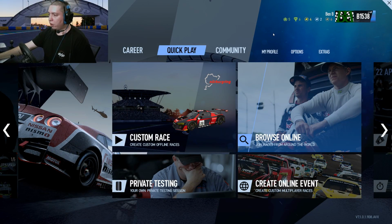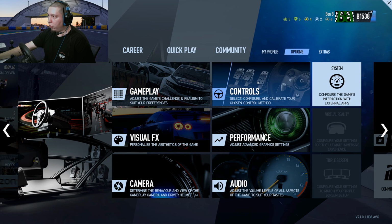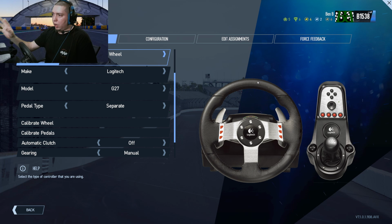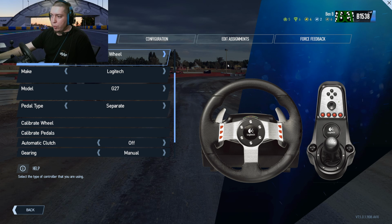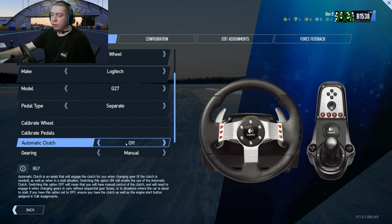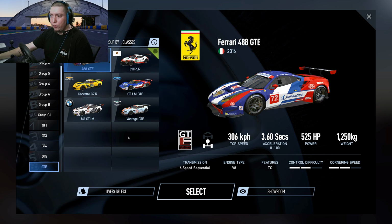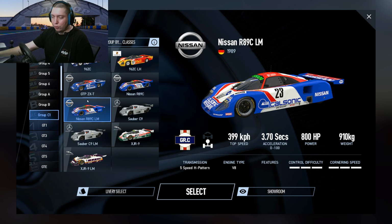Alright, so when we're in Project Cars 2 here, we come up to our options and we have our controls here. So I use the Logitech G27. As I said, I have the H pattern shifter and 3 pedals. So if you have an H pattern and a clutch pedal, you want to make sure you turn automatic clutch off. That's going to enable any car that has a manual gearbox, you're going to need to use the clutch. When you go to check on a car, it tells you if it has a H pattern box or a